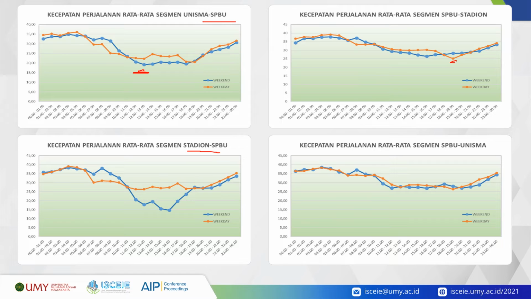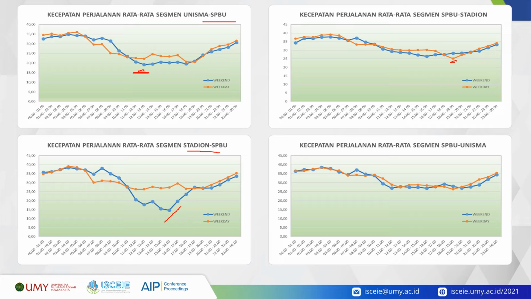In addition, there is a merging conflict between the flow from the Sumarkan flyover and the flow from the bottom. The following is a comparison of the average speed between weekend and weekdays in the stadium until gas station segment. If you look at the graph in the picture, there is a significant difference between the speed on weekend and weekdays. The speed on the weekend decreased quite drastically when compared to the speed on weekdays, as you can see